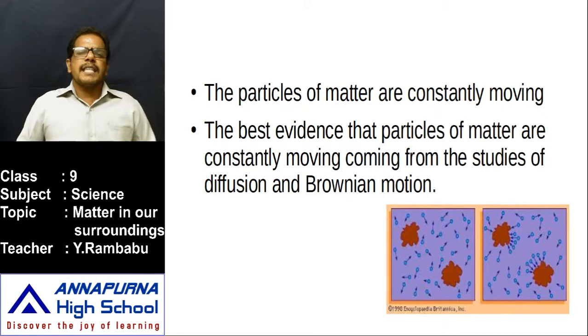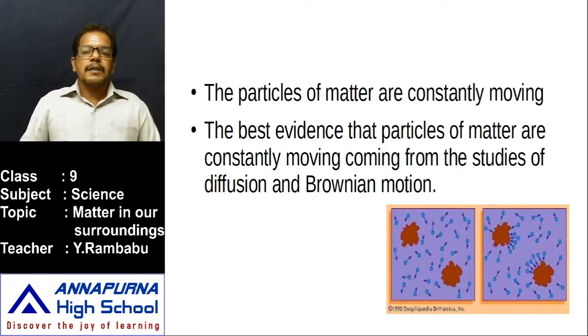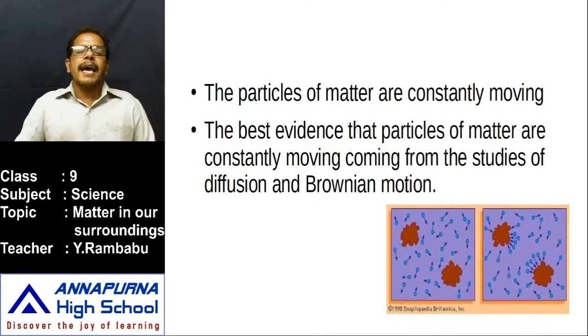Due to this energy, the particles of matter are moving constantly and continuously, and they move in different directions. Not all the particles move in the same direction. Observe in this diagram, small circles indicate the particles of matter, and the arrows indicate the direction of motion of the particles. Is the direction of motion of any two particles the same? No. The particles move in different directions in straight lines. This type of motion is called random motion. Due to this motion, the particles are diffused.